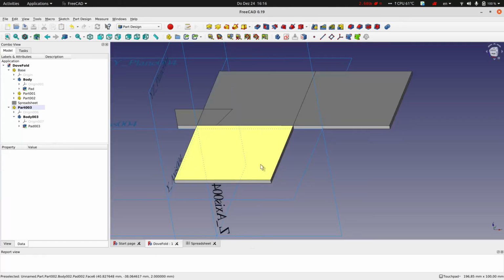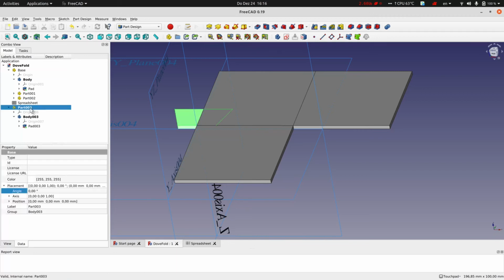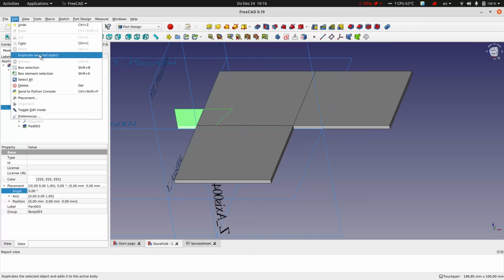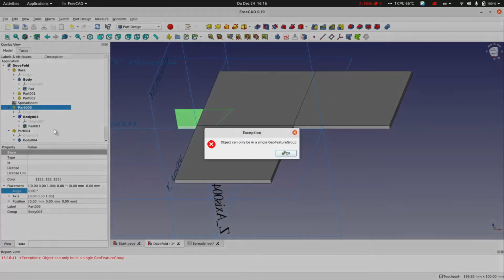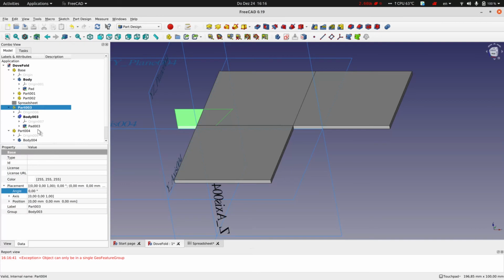And now what we're going to do is make a copy of this part with everything. Yep. Are we going to take everything? Yes, we are. Okay, good. Again, with this geo feature group. Someone explain that to me, please. And what we're going to do now is we are going to